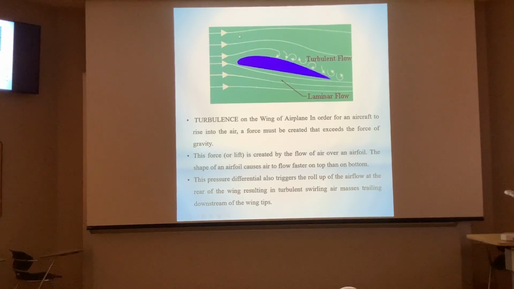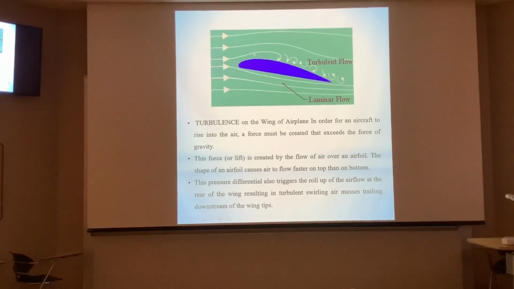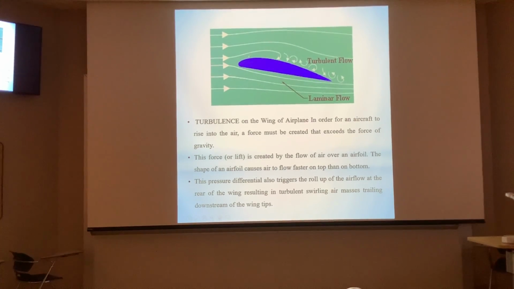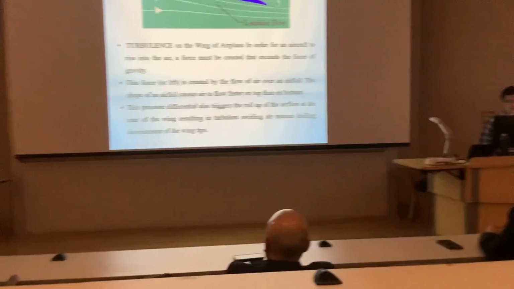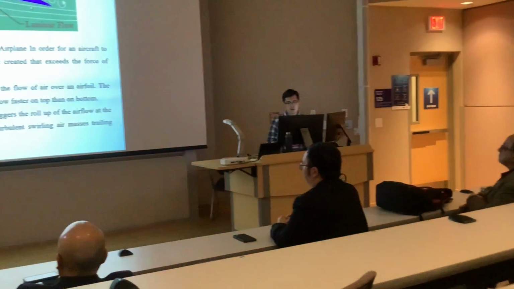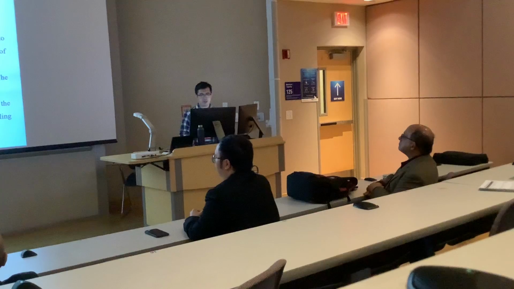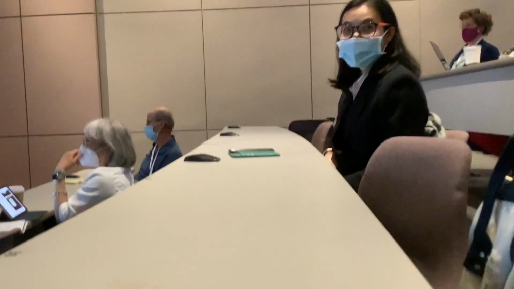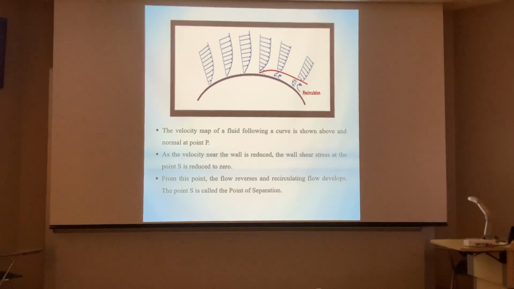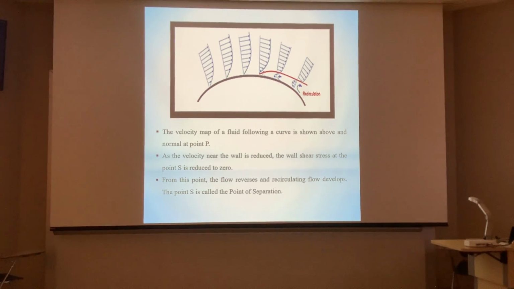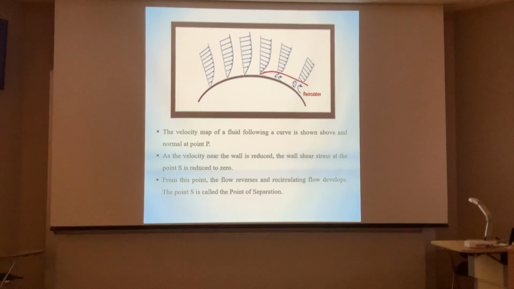and the differences in pressures cause the roll up of the airflow. At the rear of the wing, we are also creating a turbulent flow, which travels downstream of the wing tips. This schematic is a clear picture of where the pressure differences and where the recirculating or turbulent flow should be